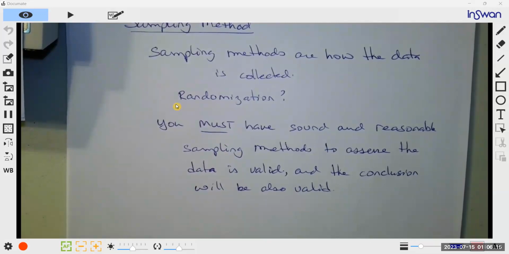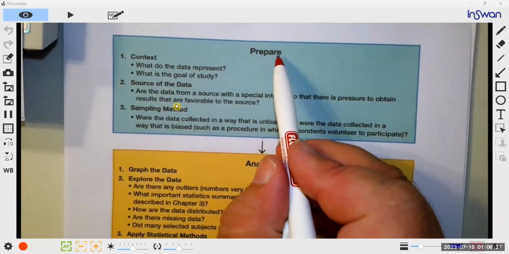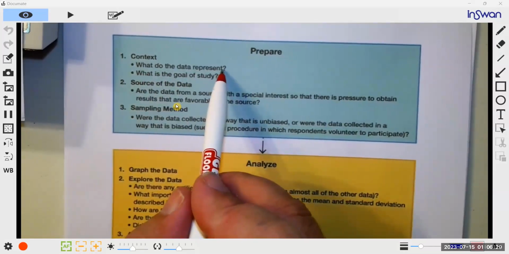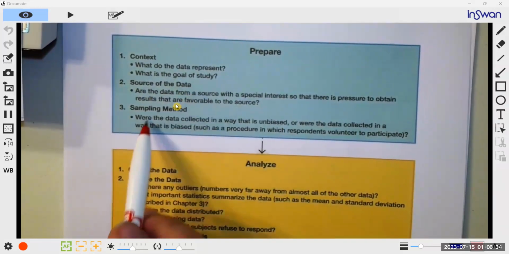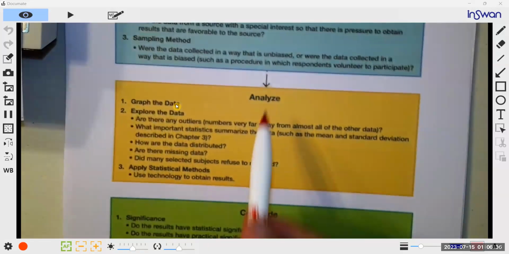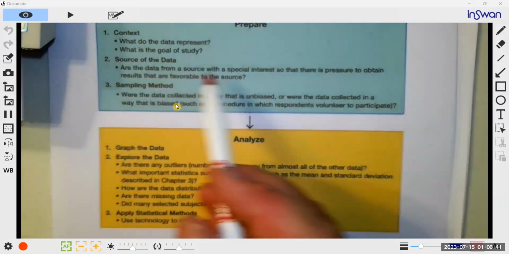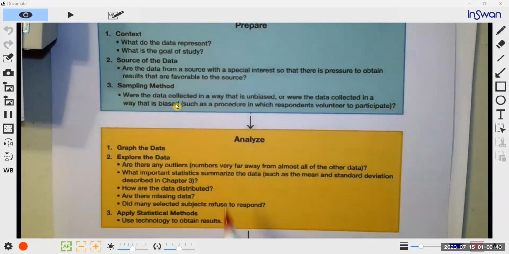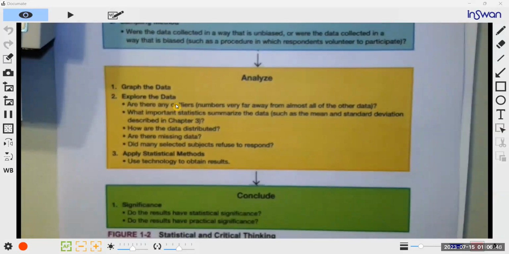All right, so pretty much here's the basic rundown of what we're looking at here. Prepare your study. The context, what's the data going to represent? What's the goal of the study? Where's the data coming from? What sampling method you're going to do? Then once you do all that, this is the most important. The more time you spend here, the less chance of errors you have down there in the rest of the thing. You collect the data,